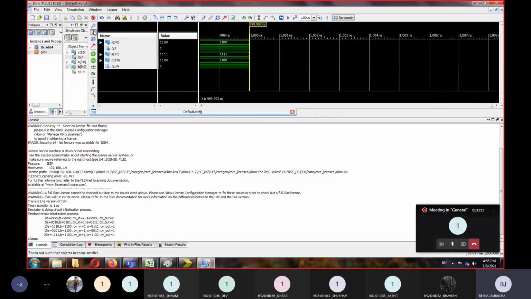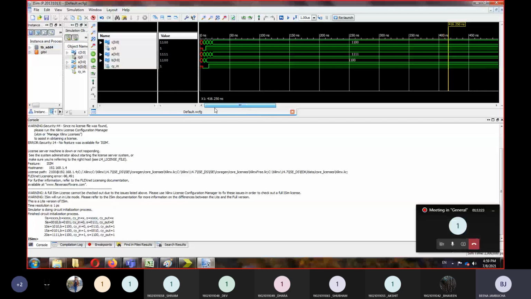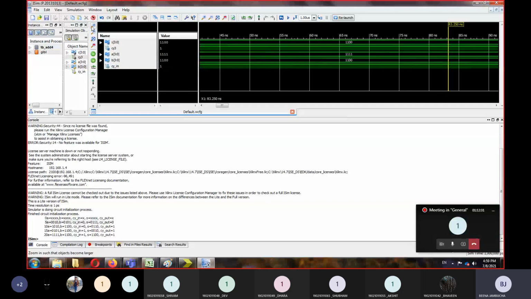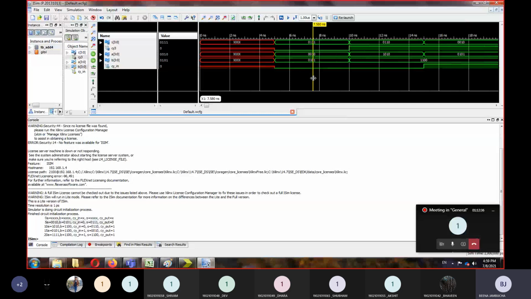चलो आप लोग चेकआउट करो. Right. So at that time unit, our A was 0010, B is 0101, and input carry was 0.